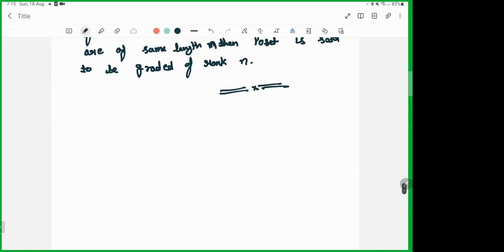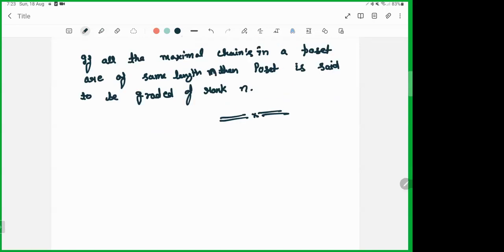Question: find the number of five tuples S1, S2, up to S5